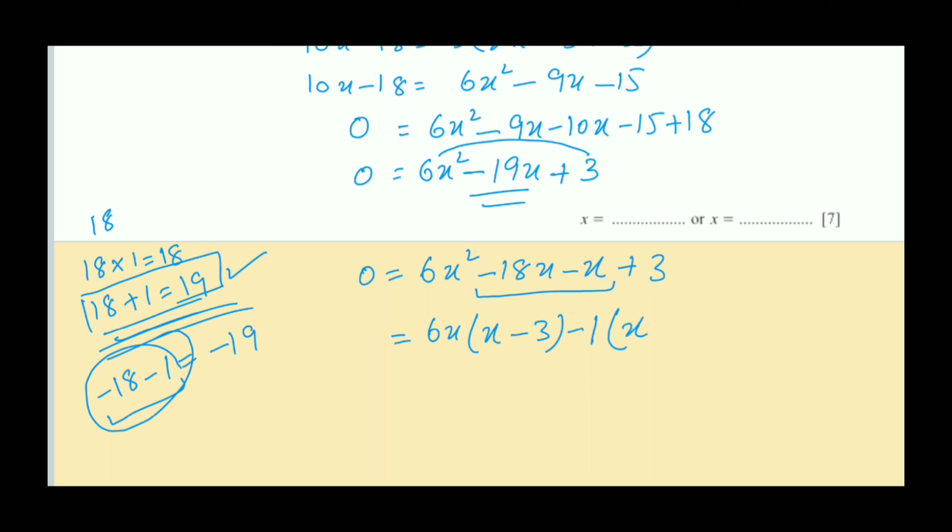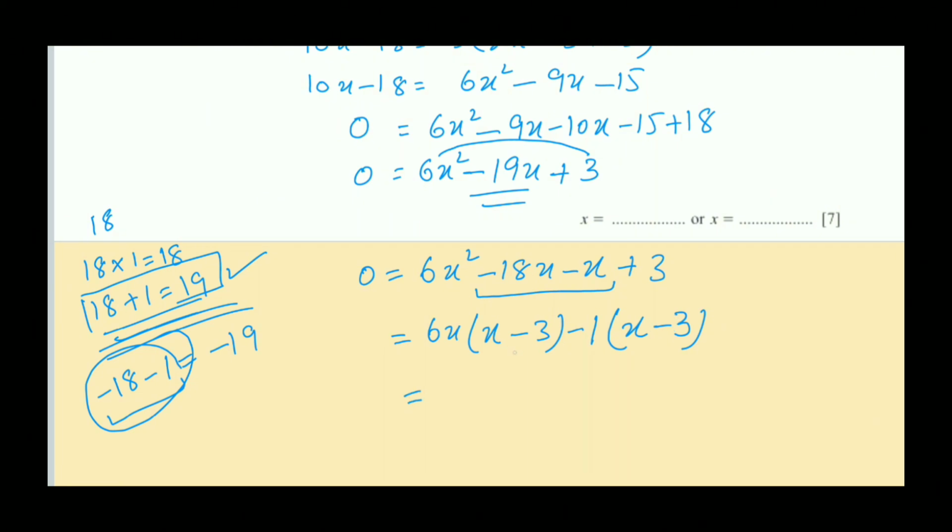But remember one thing, that if you are taking negative common, this sign will be based on this sign. So if this is negative here, the inside sign will be changed. Positive will be converted into negative and 3 will be written as it is. Please don't forget to change this sign if you have written negative outside the bracket. It means that you are taking negative common. If you are taking negative sign common, the inside sign of the next bracket will be changed.